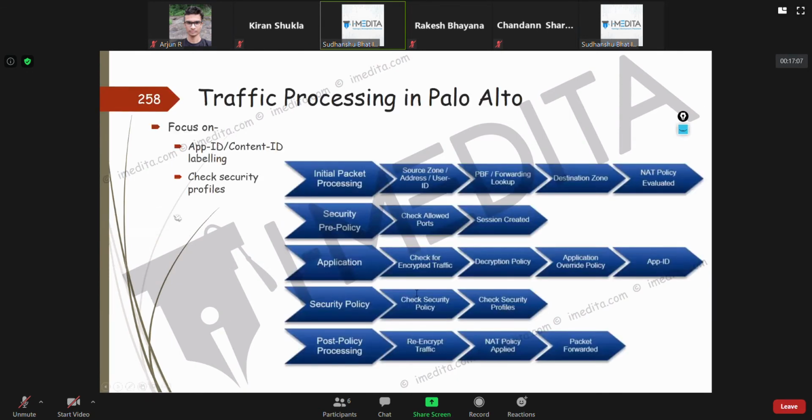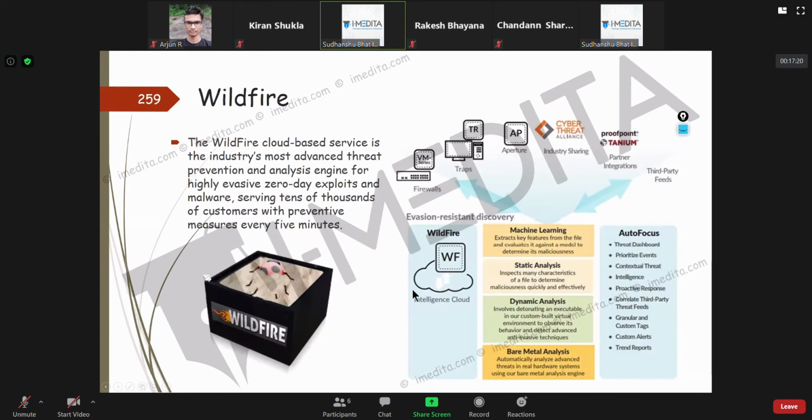Okay. So again, this part is related to security profiles. That's the Content-ID part, and in traffic processing, you won't see Wildfire written anywhere. And what is Wildfire?